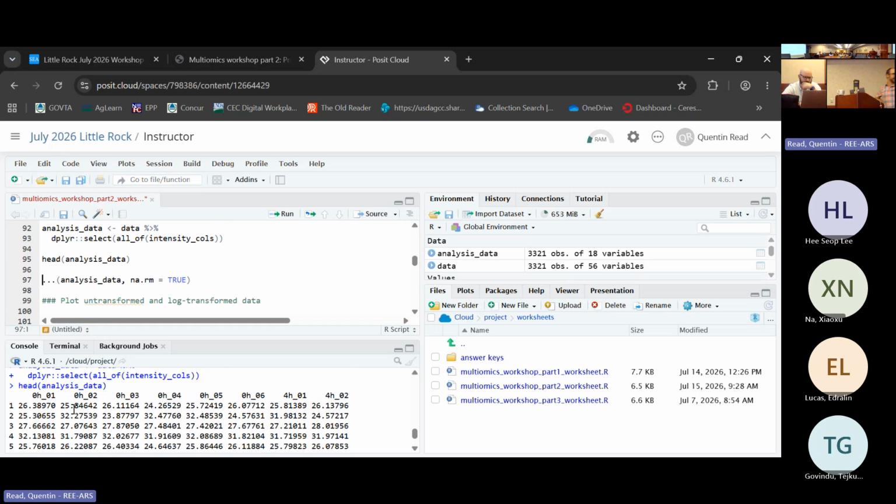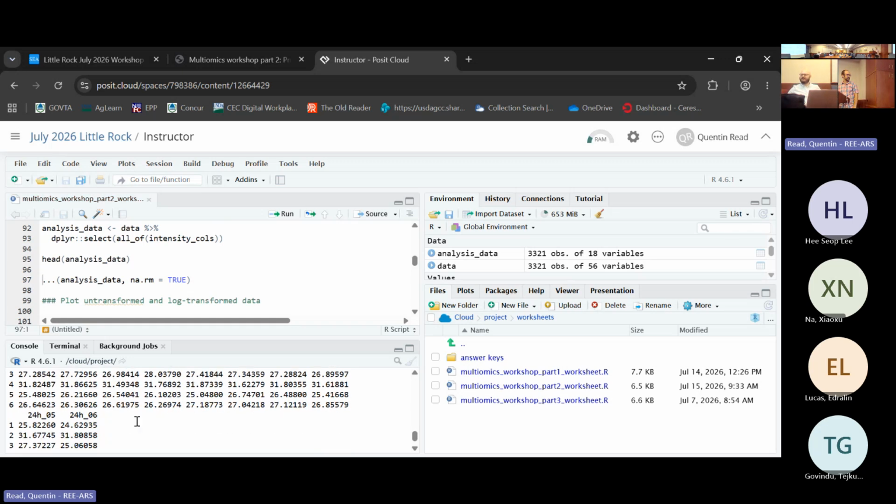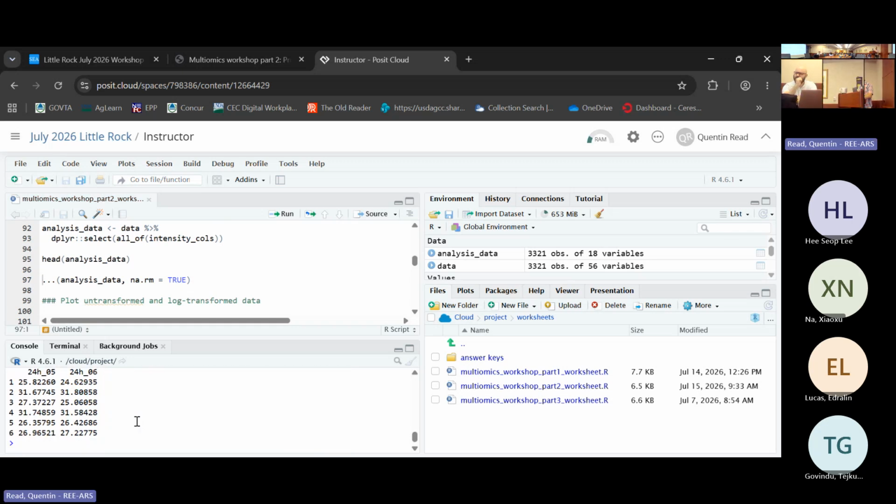Because this is in the log base 2 scale, so 26 would be 2 to the 26 power. It's going to be a huge number. Yeah, so they're all really huge numbers. And what's 2 to the 26 power, for example? Yeah, you know, 67 million. So yeah, that's a lot. But we got 20 or so. So we know it's log